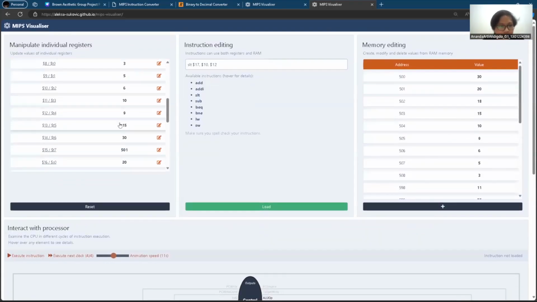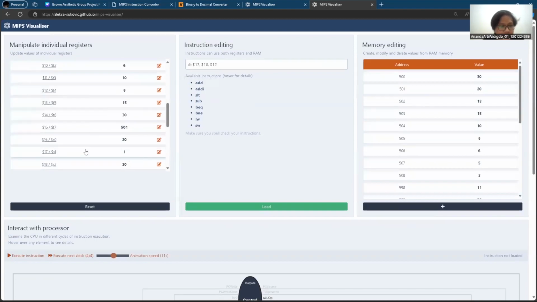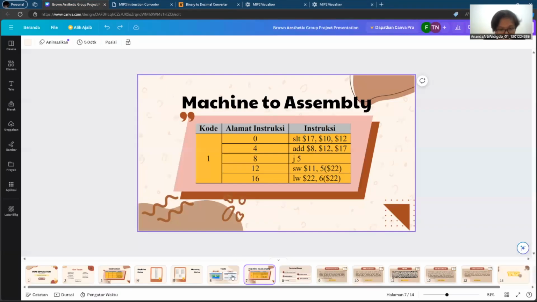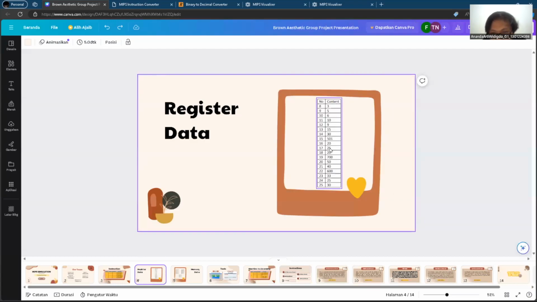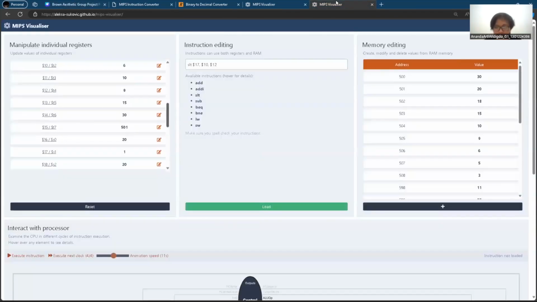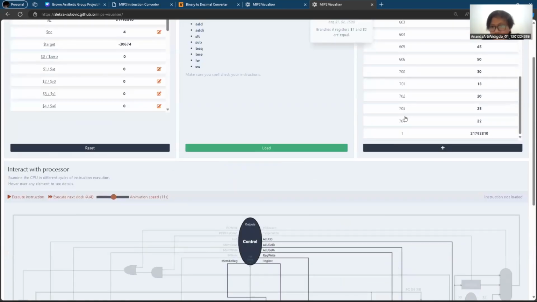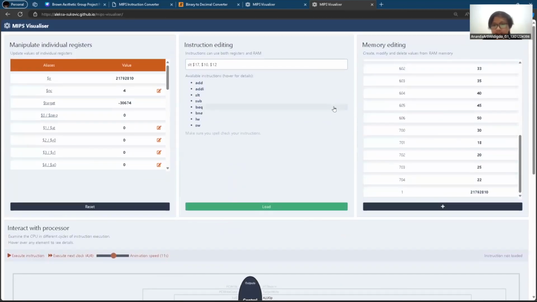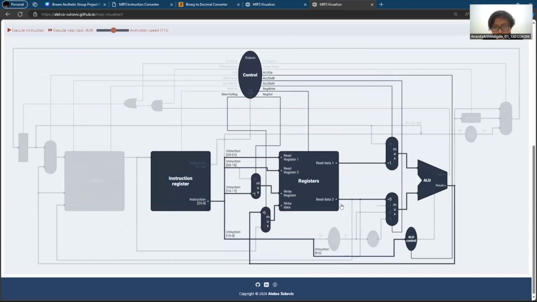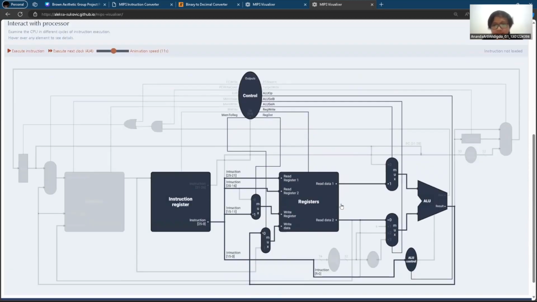And we can see here that the value of address 17 is now changed to 1, while previously it was 25. So it performs the SLT instruction. I think that is the only change in this last step. It is the storing step.